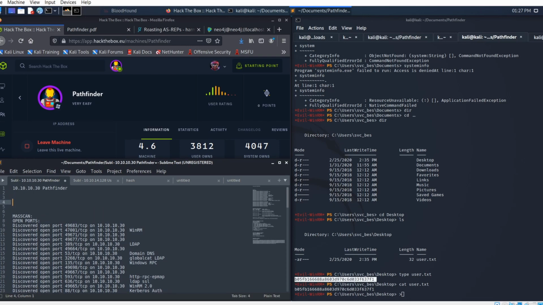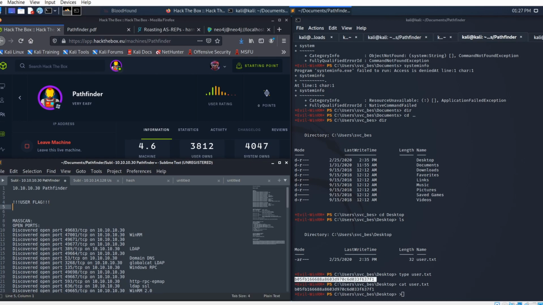So in Sublime, I'm just typing in the user flag that we found, and then I'm going to set up a little bit of space underneath that, ready to copy and paste in the administrator flag as well. So the administrator, if we have